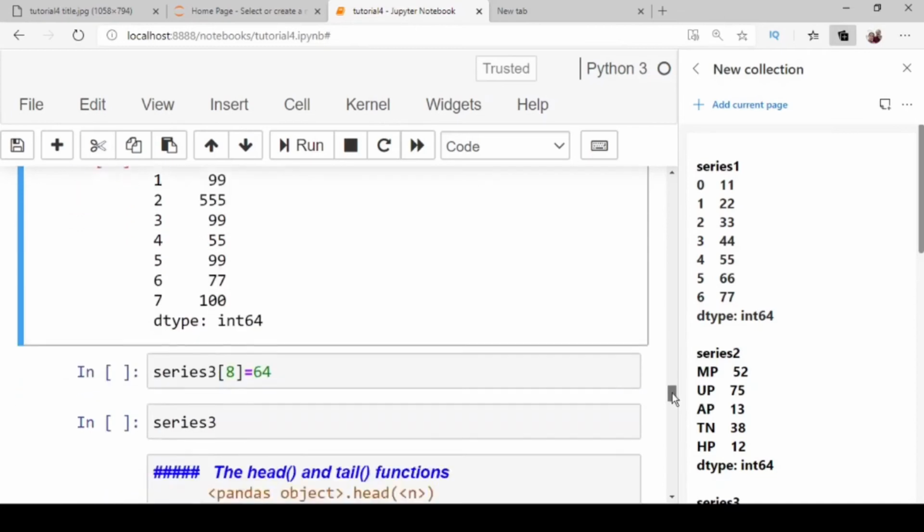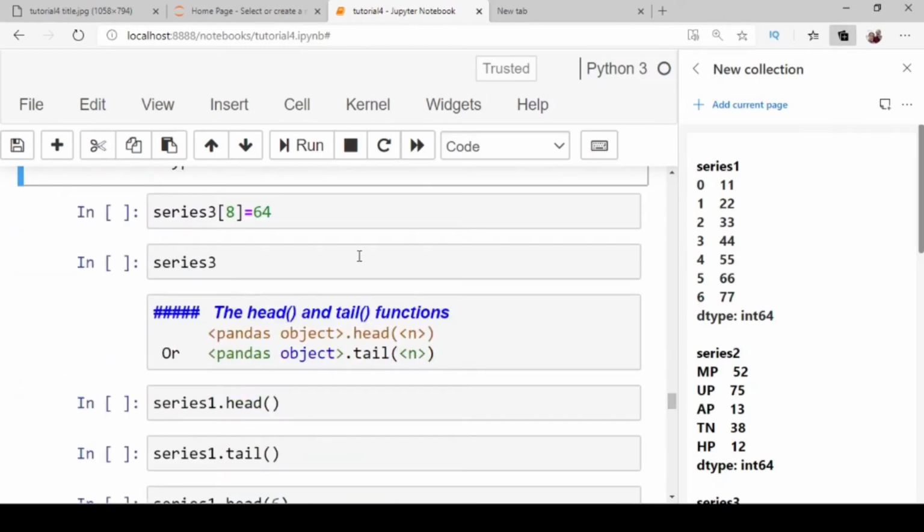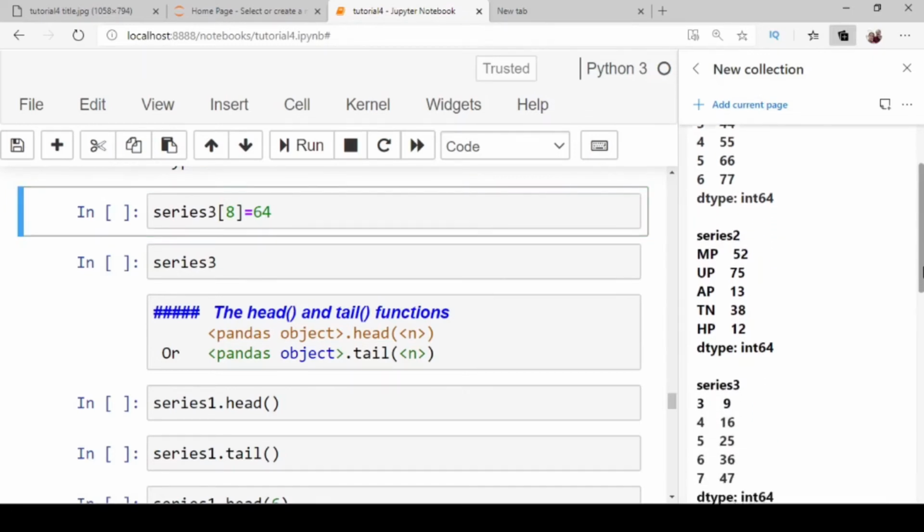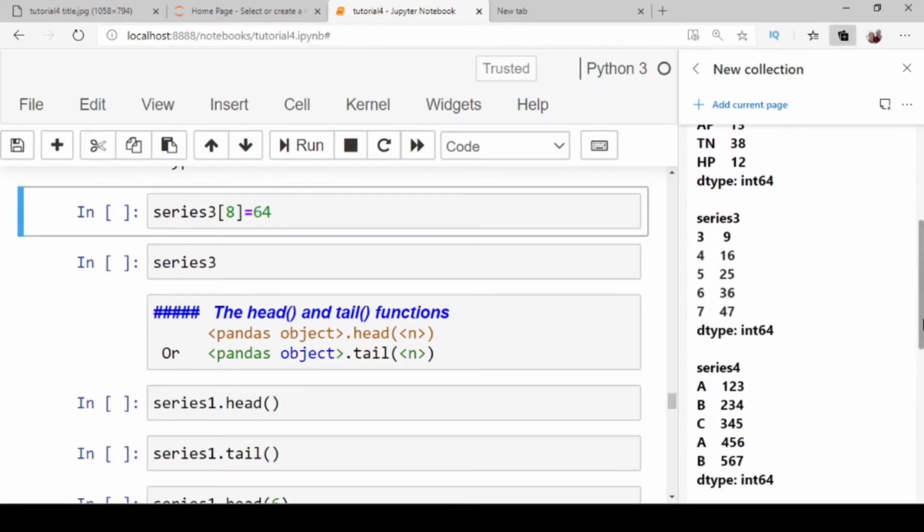Take another example, series 3 at index 8 gets 64. Before it you see the existing structure of series 3. This is series 3 and these are the elements of series 3.